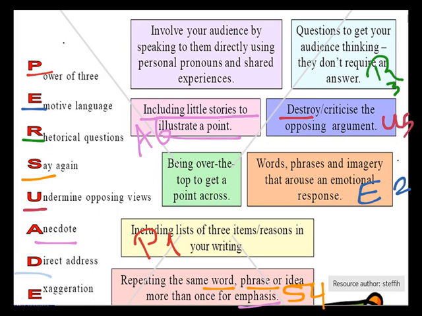Direct address means that you have to talk directly to the audience. This makes a huge difference when the reader or the listener, the audience of your text or your speech, feels that you are talking to them directly. This really changes their point of view very easily. It's very helpful. So this D here is to involve your audience by speaking to them directly using personal pronouns